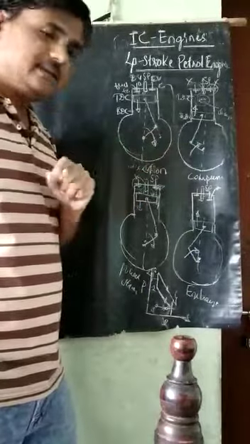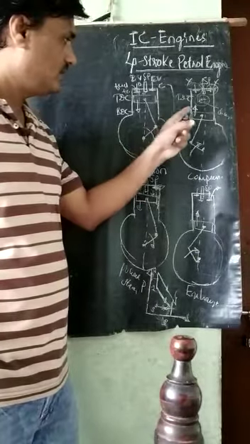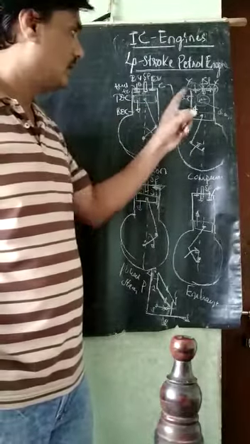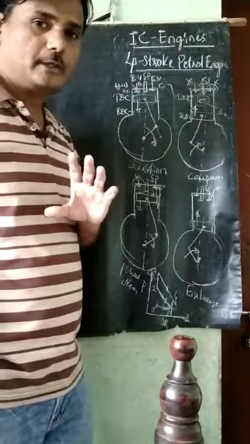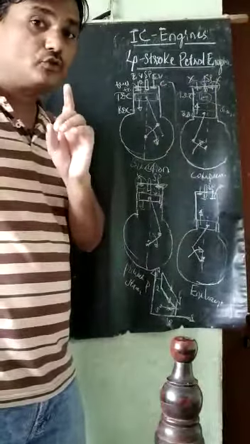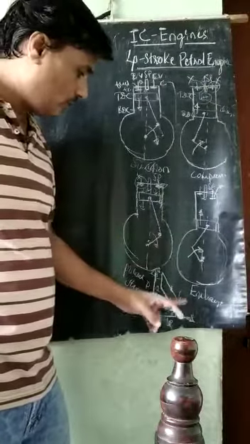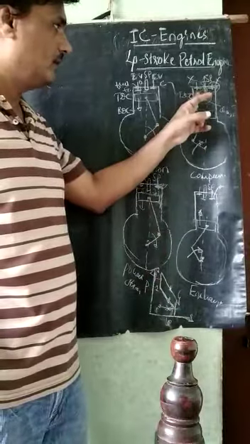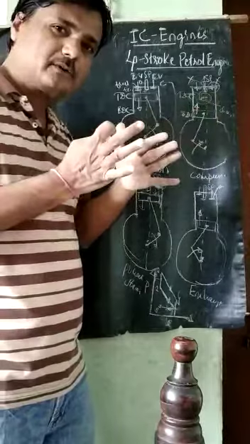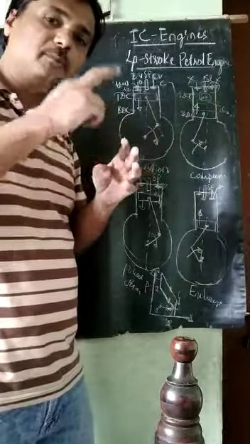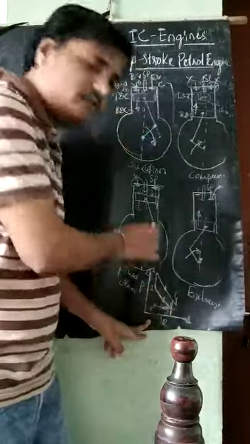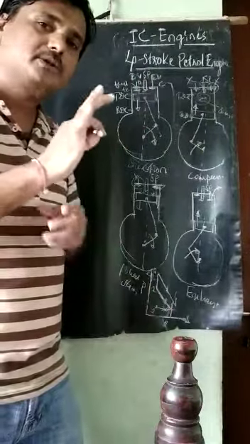In the next stroke, the compression stroke, the piston starts moving from the BDC to TDC. It is very important here that both the valves are closed. The piston is moving using the stored energy once again, and the compression is taking place. So the fuel plus air inside, which is called the charge, will be compressed. Its volume will reduce and its pressure will increase. As we can see in this PV diagram, 1 to 2 is the process where the compression takes place.